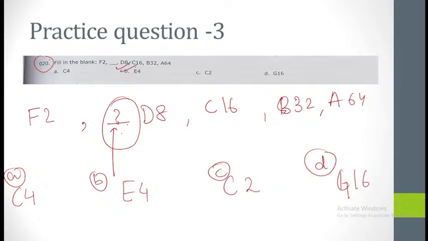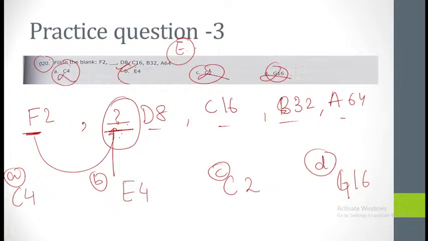So if you observe carefully, you have F, then a blank, then D, C, B, A. So it means over here it would be E for sure. And if you just find E, then also you can easily eliminate the 3 options and easily mark the answer as